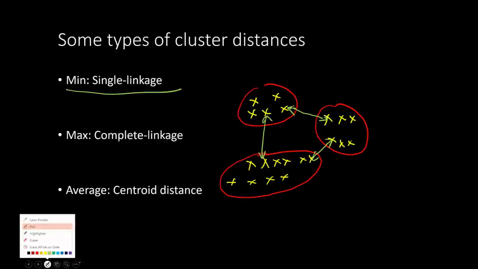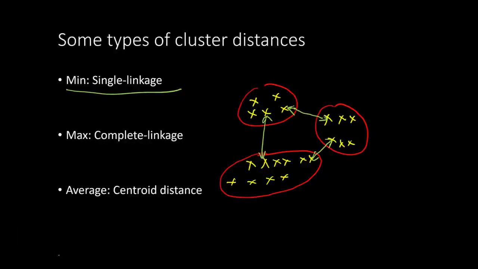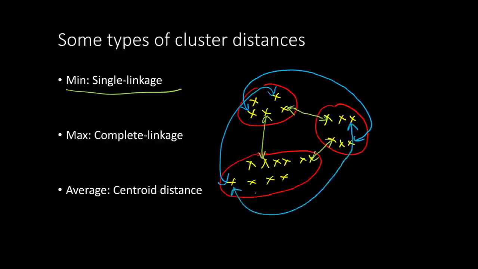On the other hand, if we are looking at maximum linkage, then we will look at the maximum distance, which could be, for example, between these 2 points, between these 2 points, and between these 2 points. Between the blue arrows, assume that these arrows are not curved but straight lines, the ones that represent the minimum, those two will be merged. So that is maximum linkage.